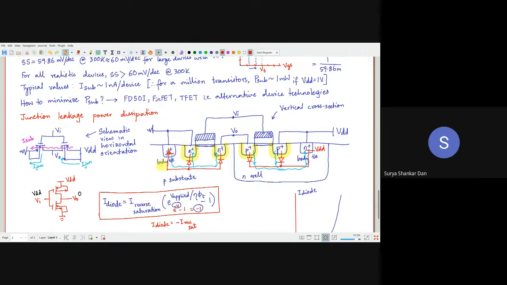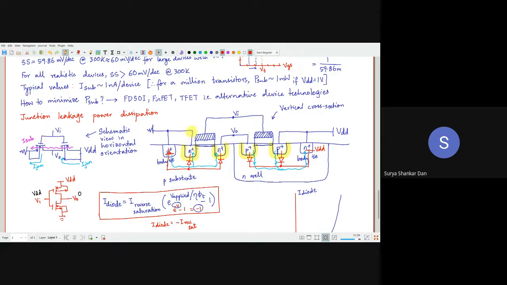तो FDSOI करने से, मतलब बेसिकली buried oxide डालने से, आपका ये junction leakage का झंझट ही खत्म. That is the reason why I told you modern technology will always be using FDSOI. आपके smartphones, laptops, each and every digital IC which you see all around you, they are all made of FDSOI. जब भी आप सुनोगे FinFETs की बात हो रही है, it's an FDSOI device. TFET की बात हो रही है, FDSOI device. The moment you take FDSOI, ये junction leakage का problem जड़ से खत्म, because ये डायोड ही फॉर्म नहीं होगा.